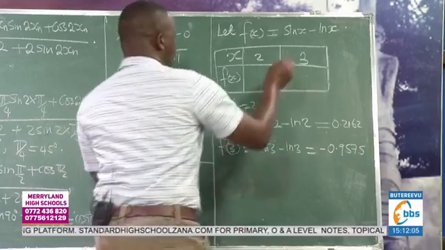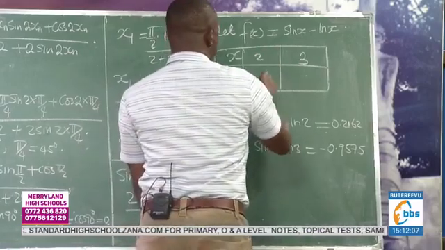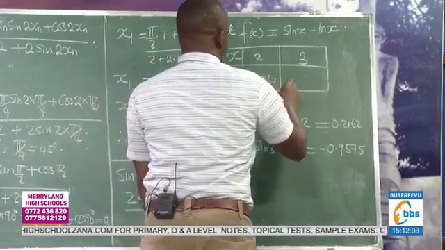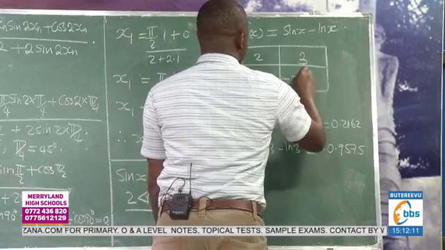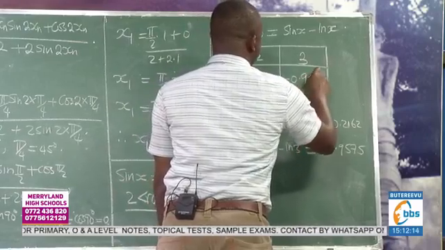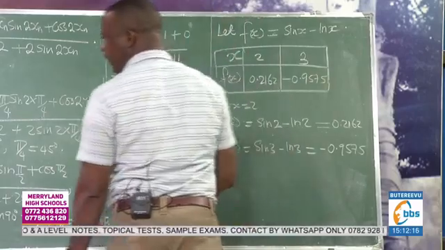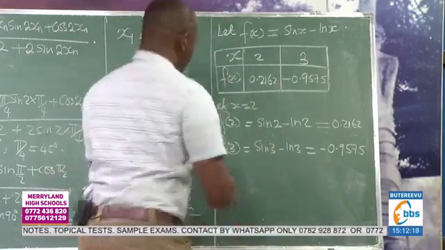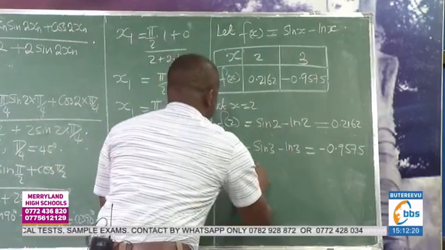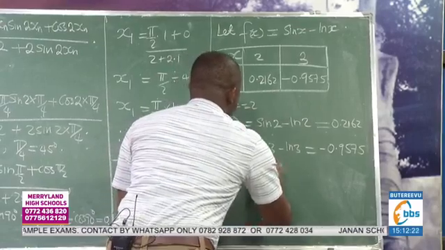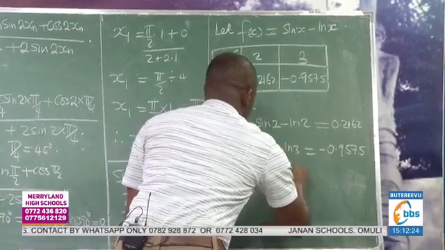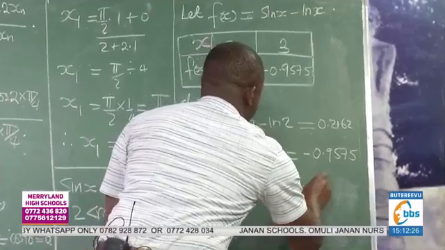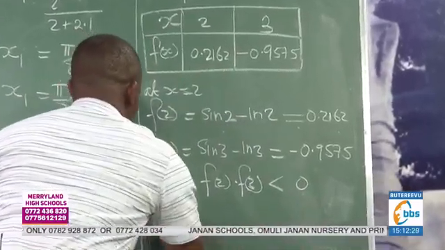And we say this is 0.2162, and this is negative 0.9575. So we conclude and say that since f of 2 times f of 3 is less than 0, then